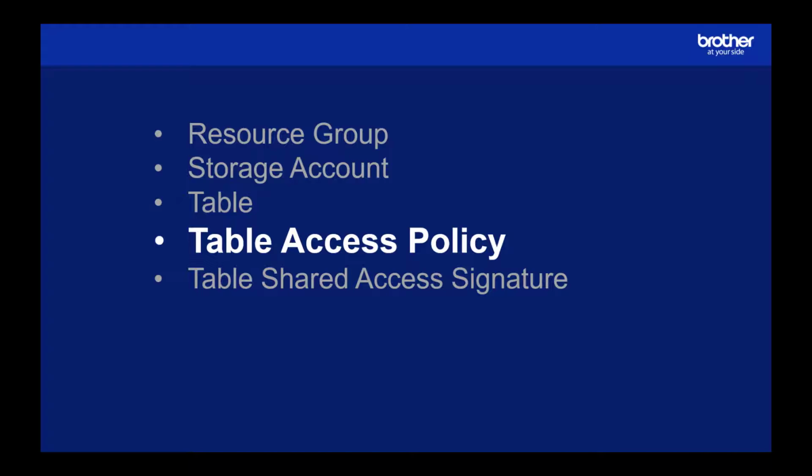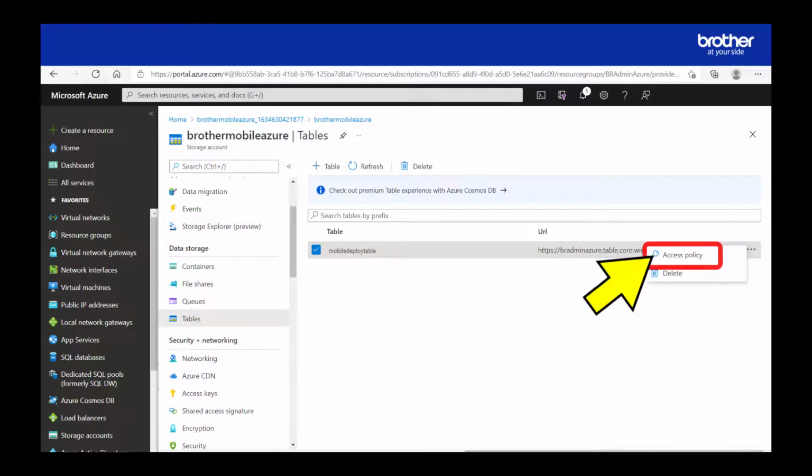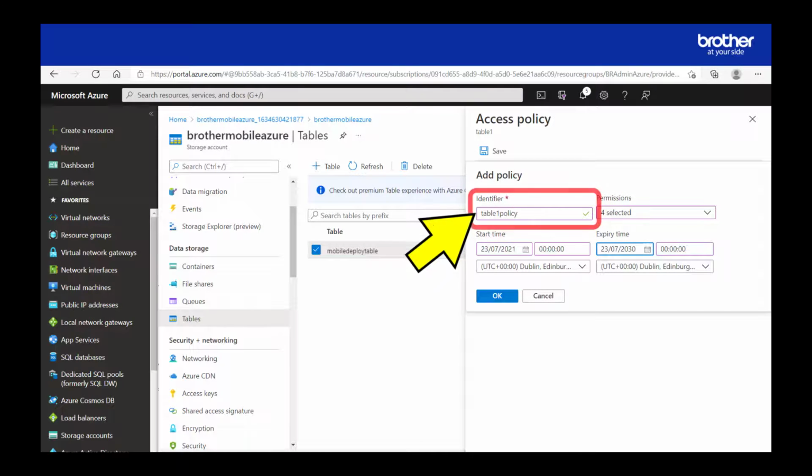We now need to set up the Azure Tables Permissions policy. To do this, click the three dots next to the table we just created, and then click the Access Policy button. Click the Add Policy button. Give your table policy a name.